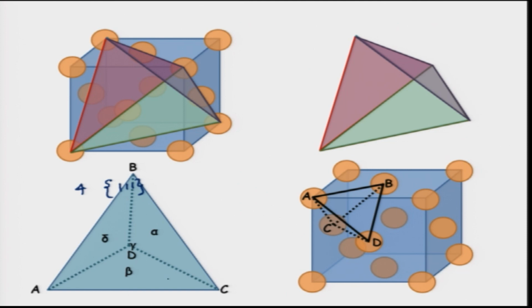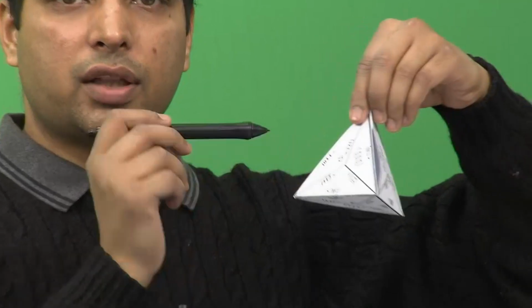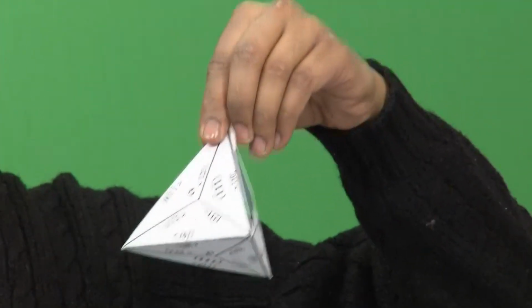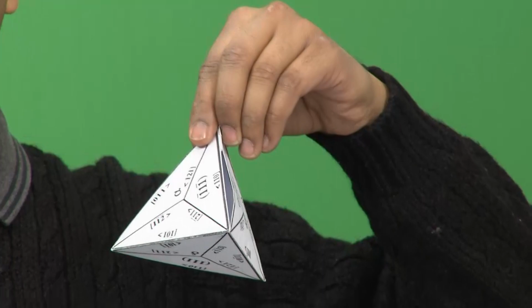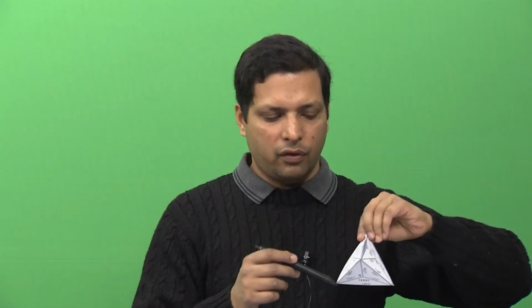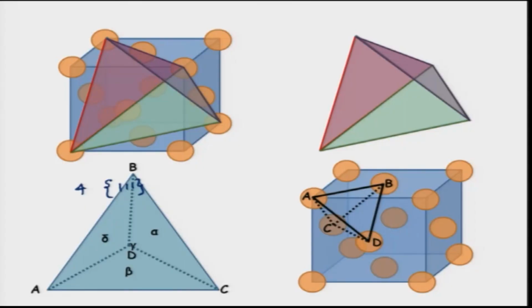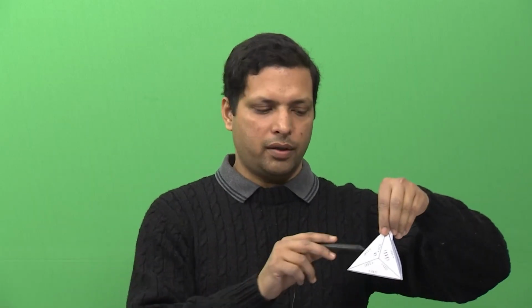So that these 3 triangles become the 3 triangles over here and the base triangle is over here. So this is the tetrahedron, and like I said, there are 4 sides to it and it represents all the possible 4 {111} planes in an FCC system. And the edges that you see over here, you remember, are along the <110> direction. If you look over here, they are along the <110> direction. So they represent the possible Burgers vectors or the possible slip directions on each of these {111} planes.